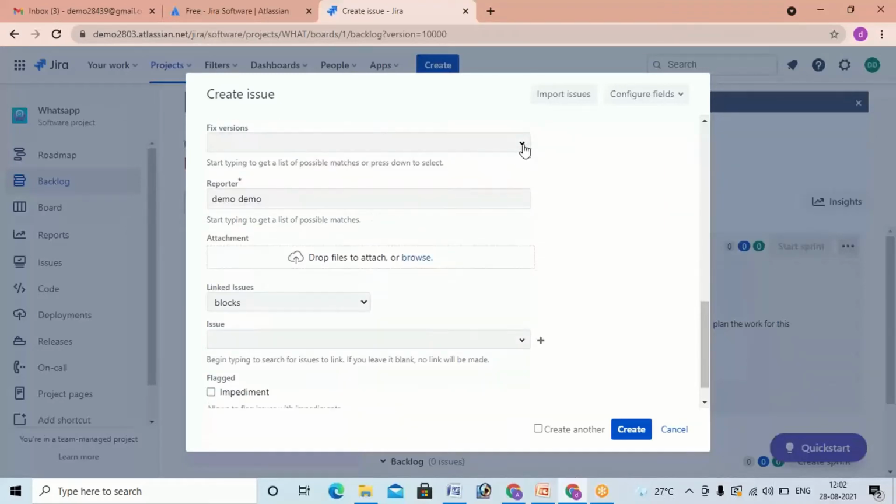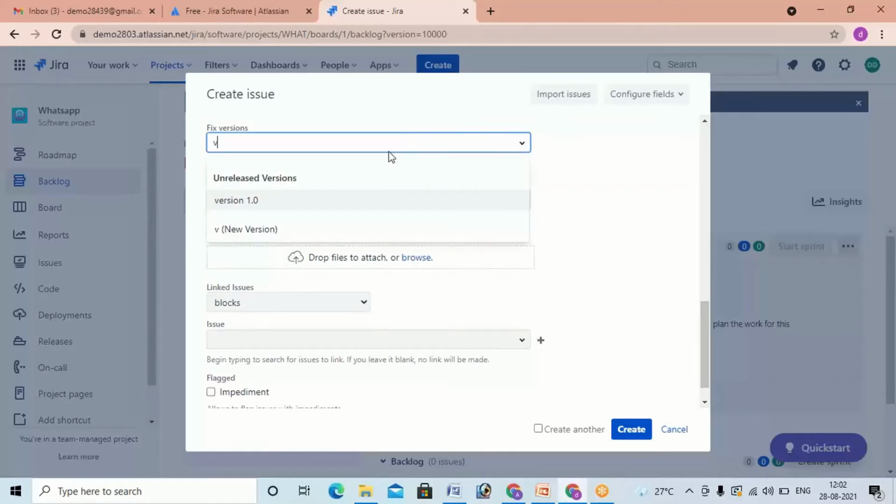But here fixed version is important. Okay, when you do not select the fixed version, you will not be able to identify the user story where you have posted it. Also, it is very difficult to find it. So here you have to select the fixed version. Just now we have created one version, right? How many versions are there will be displayed here. See, just now we have created version 1.0. Select that one. Whenever you are creating any issue or a user story, all of it will be stored into